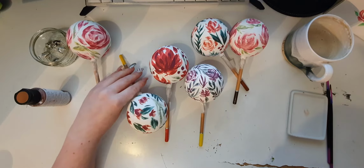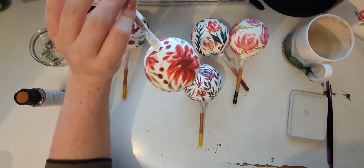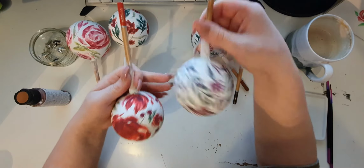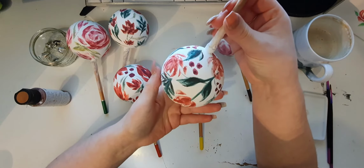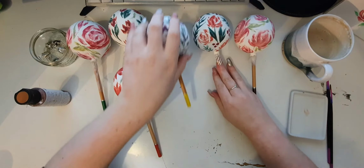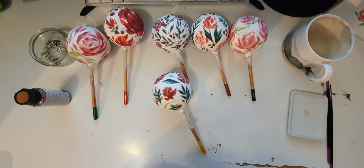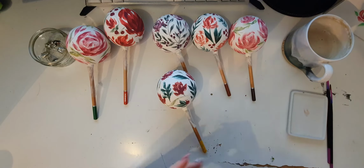So yeah, if you do this, don't do what I've done and paint them the wrong way. They're alright, they're not too bad. It's just the ones that have designs like this, flowers going downwards. That one's not bad. They're not bad. It's just that one's quite obvious because the flowers go down. Why am I like this? Ugh. Okay, well, I'm going to start with my least favourite with the foil so that I can have a practice. And if I mess it up, it's not the end of the world because I already don't like that one, so...